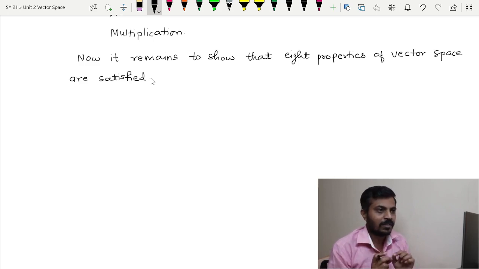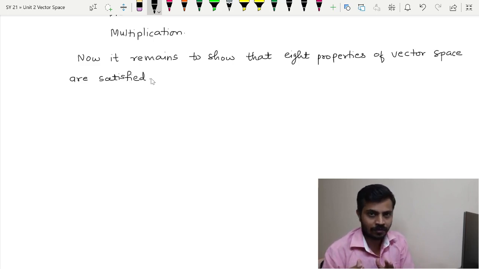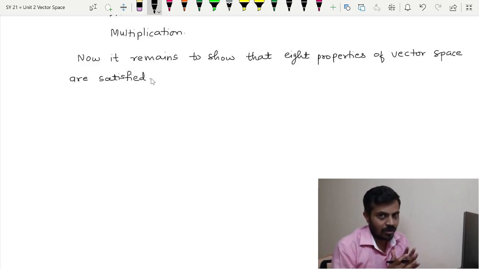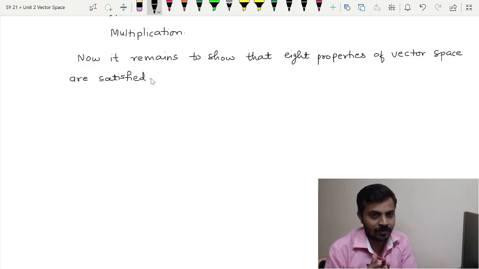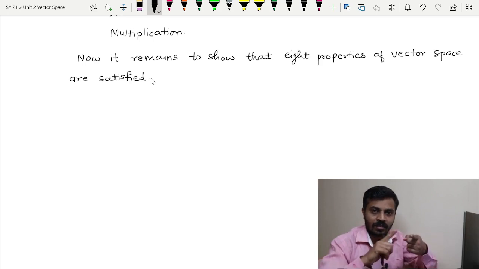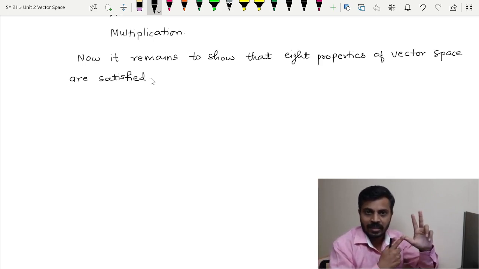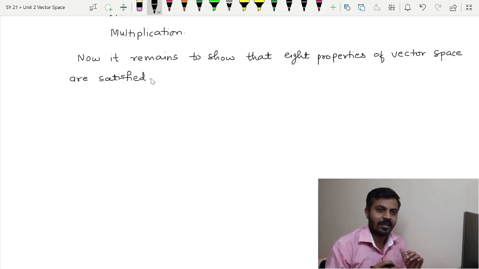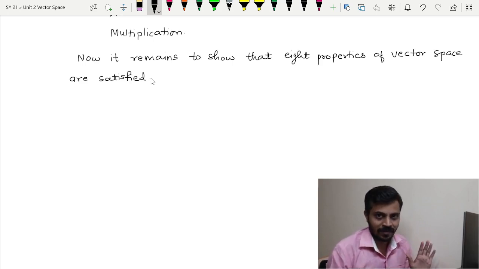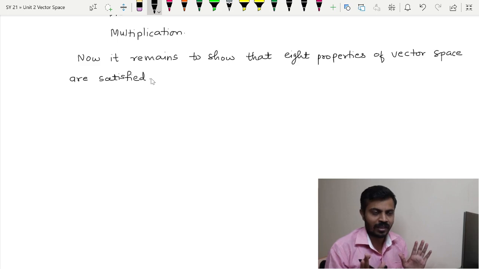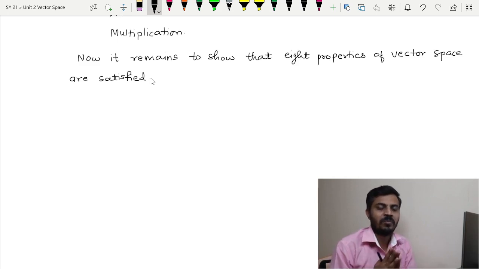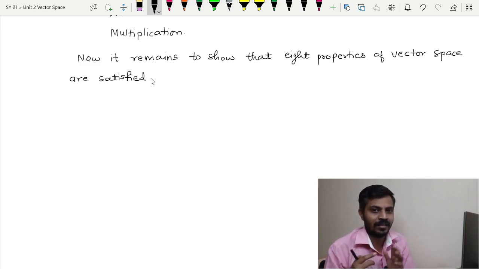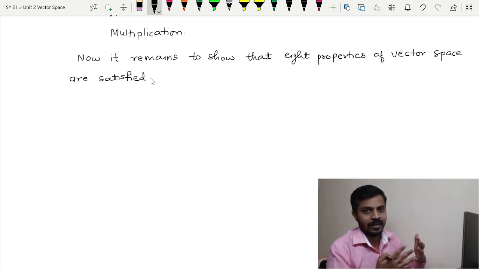But just simply remember that actually W is a subset of V, so elements of W are nothing but elements of V only. So the properties, the commutative property, the associative property, the fifth one, that is alpha multiplied by U plus V, and the rest one P6, P7 and P8, all will automatically be satisfied. So there is no need of worrying about that. So the only important properties that are left are P3 and P4, that we will prove right now.